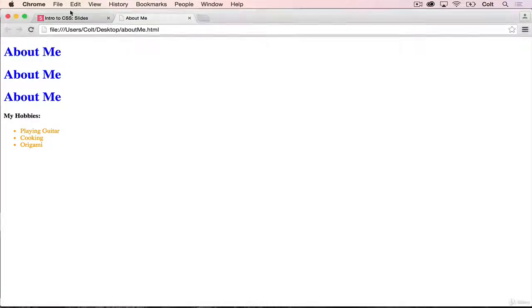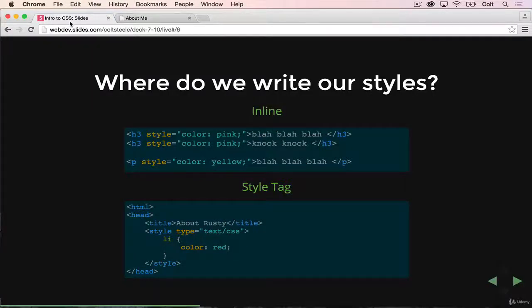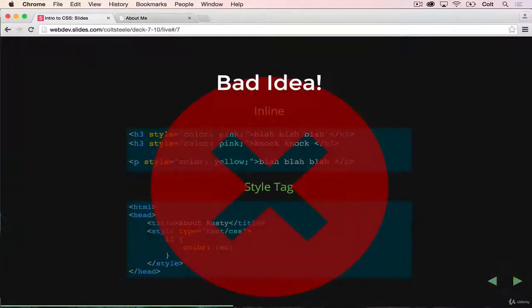Okay, so the problem with what we've just been doing though, our CSS looks fine, but unfortunately it's still in our HTML. And I just got done saying a few minutes ago, we want to separate our HTML and our CSS. We don't want them to be connected. We don't want the CSS to be nested inside our HTML. So functionally, it works exactly the same way. We won't see any visual difference, but what we actually want to do